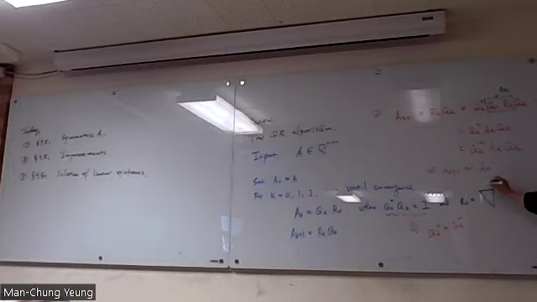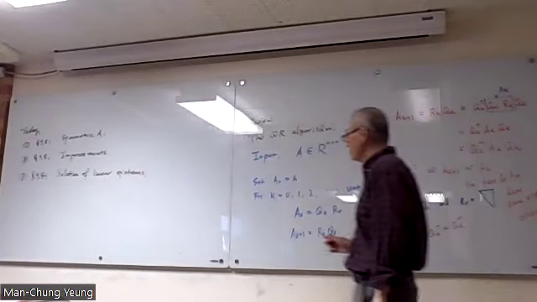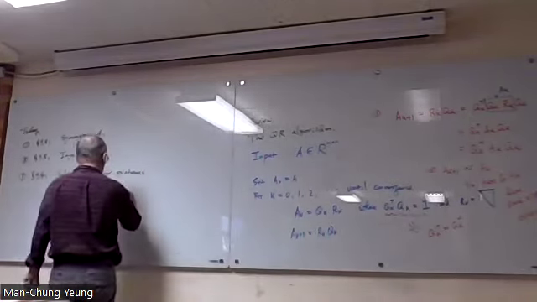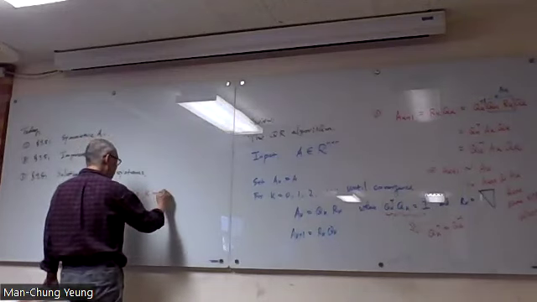So the conclusion: Ak plus 1 and Ak have the same eigenvalues. This is number 1. Number 2, under some conditions, we can prove as k approaches infinity,